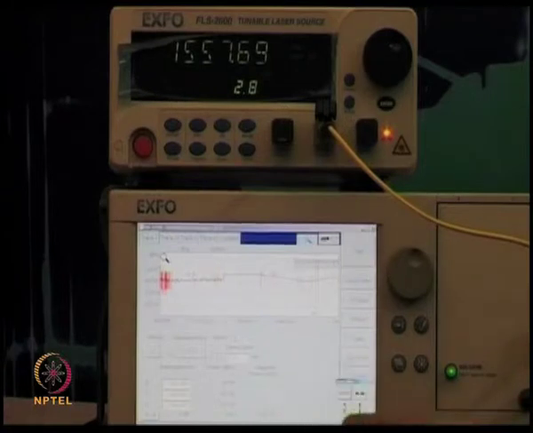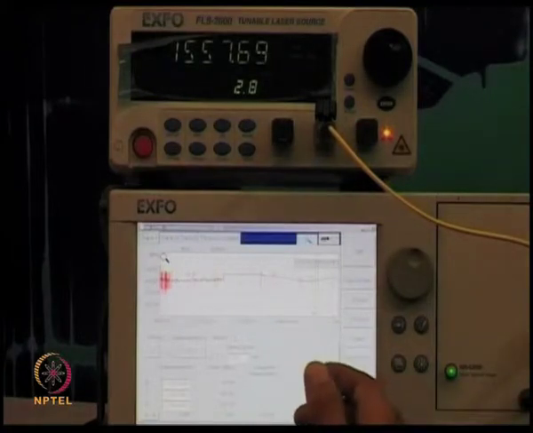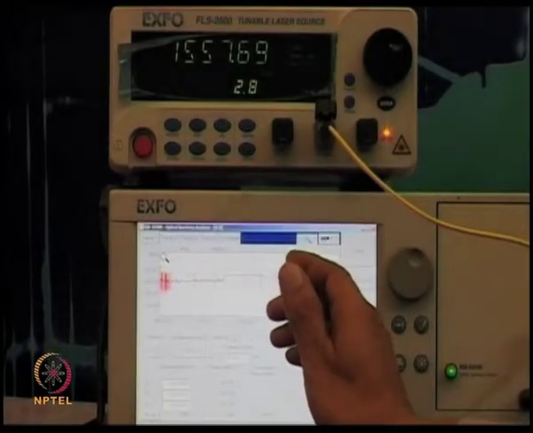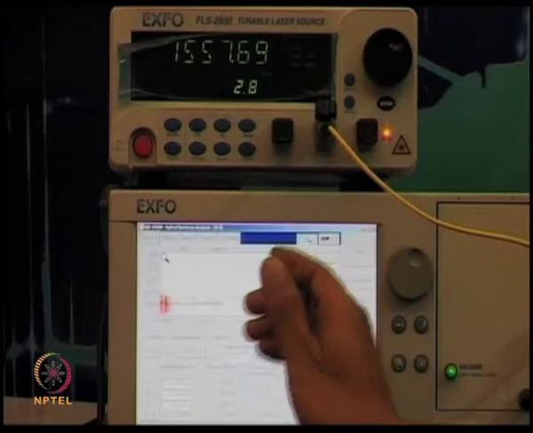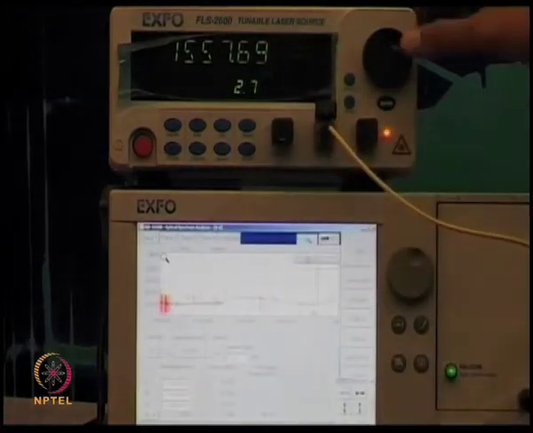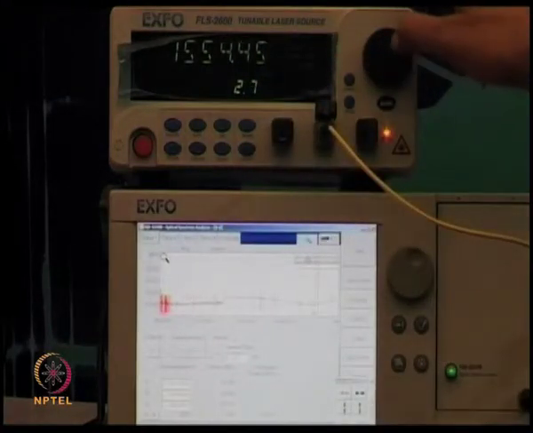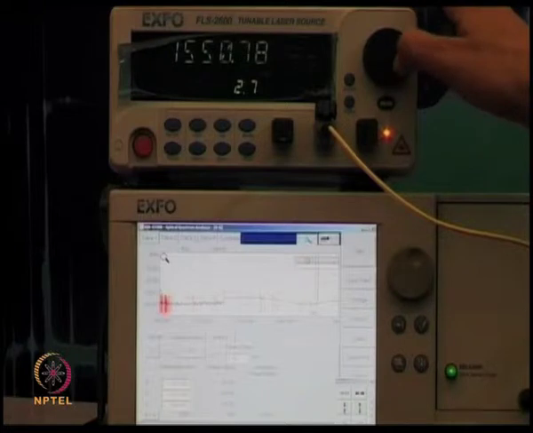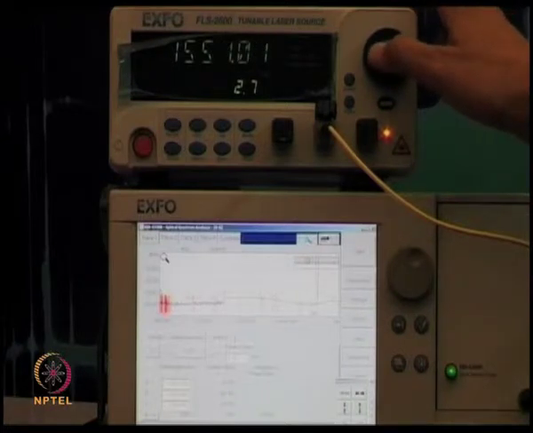Again, we can go through the data acquisition mode. Let us put the wavelength 1550 nanometers.